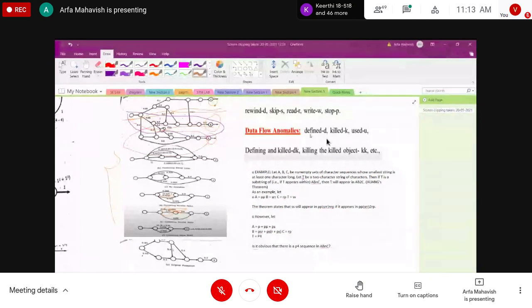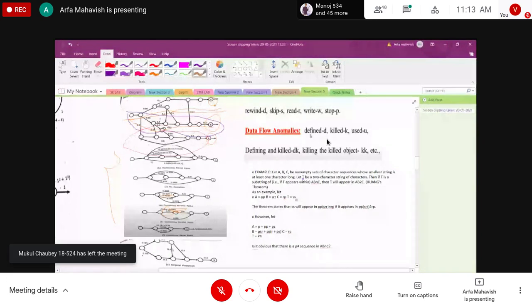So here we are assigning the A value as PP, B as SRS, C as RP, and T as SS. In this theorem, what we are doing is, the theorem starts with SS appearing in the PP.